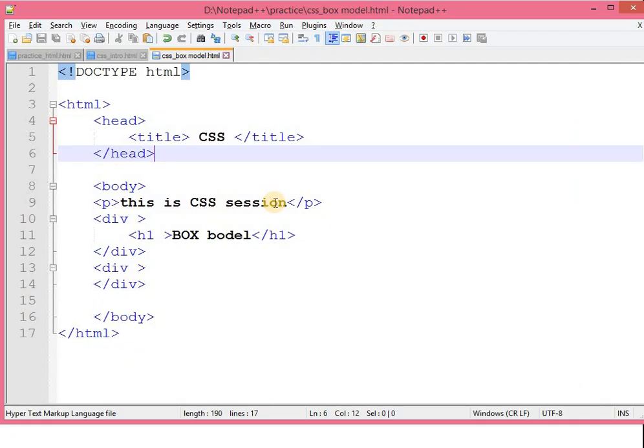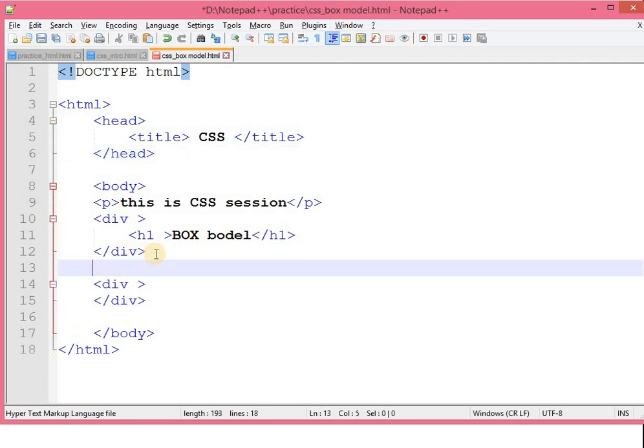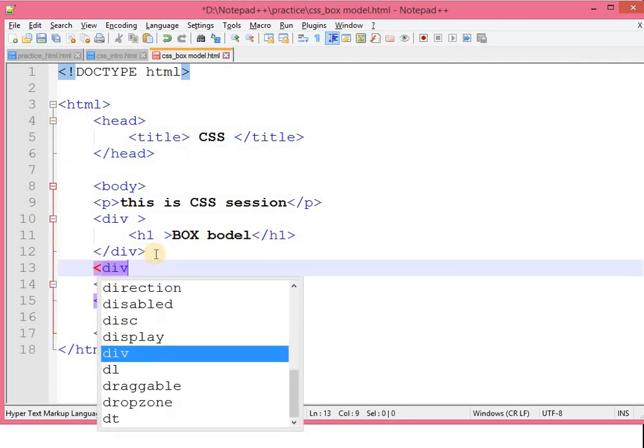Now just switch to Notepad++. Here I want to show you how you can implement it and how to use these properties: padding, margin, float, and position. Over here this is our p tag, this is the CSS session, and I have one div tag, that is box model. Now let me set another div tag.